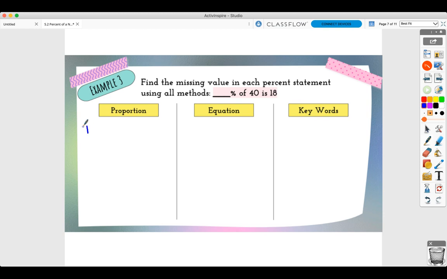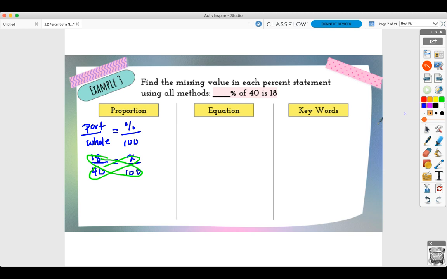So this time, again, part over whole is equal to percent over 100. So this time, our unknown is our percent. So we're going to have x over 100. So what percent of 40 is 18? So 18 is your part, not because it's smaller, because you're trying to find percent of a number. This is always going to be your whole. And now we cross multiply,